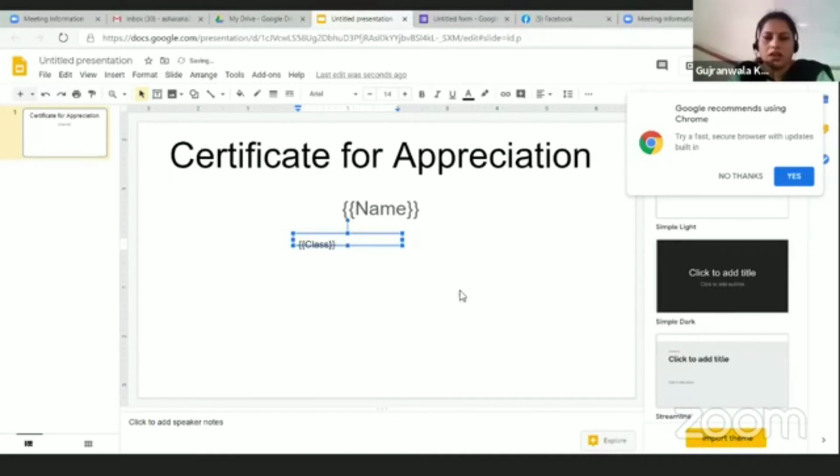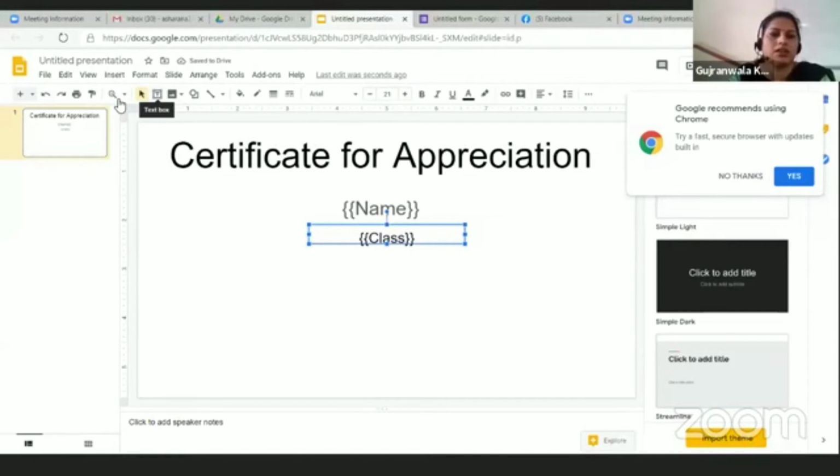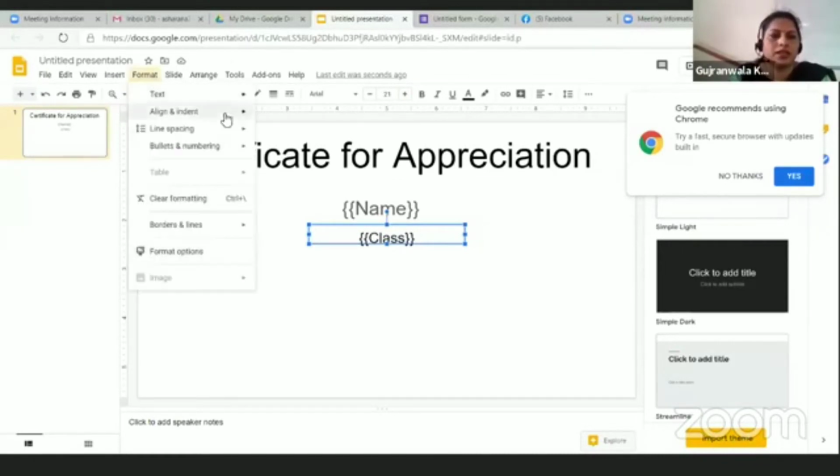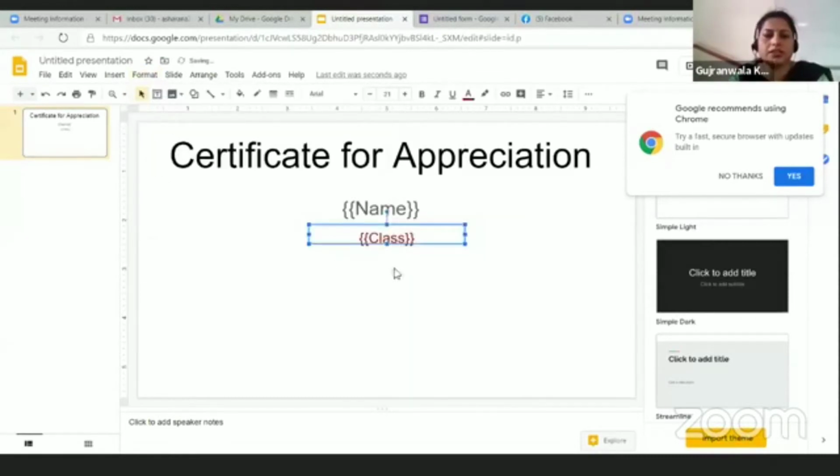Okay, you can format it. If you want to change the size, you can change. If you want to change the color, format, text, size and color. I want red. It's up to you.